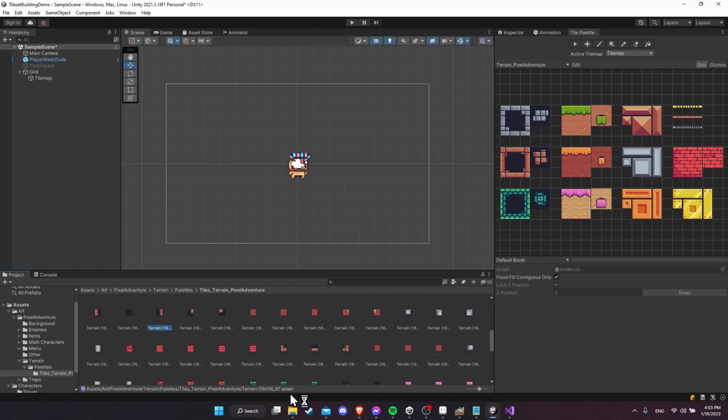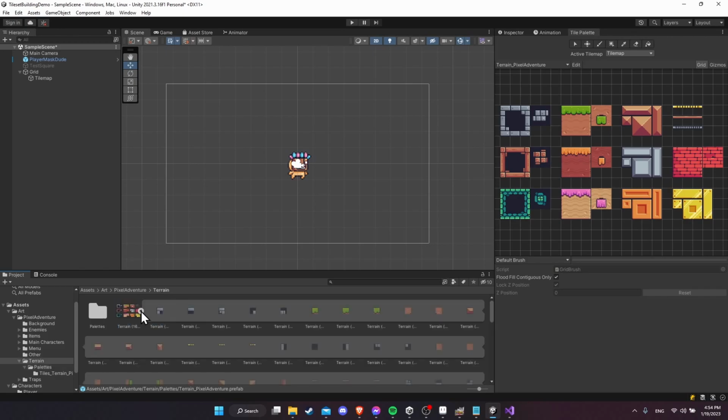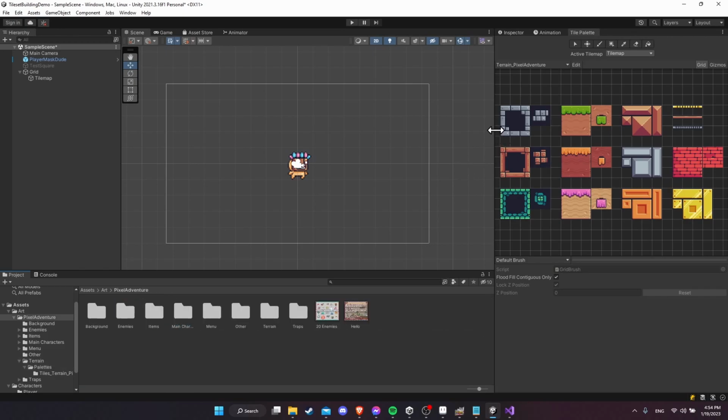You can click on them and see this is a .asset file, which is a little different than what you will see if you go back out to the image and you click here. Okay, anyway, now that we have the tiles located over here in the tile palette and we have a grid,